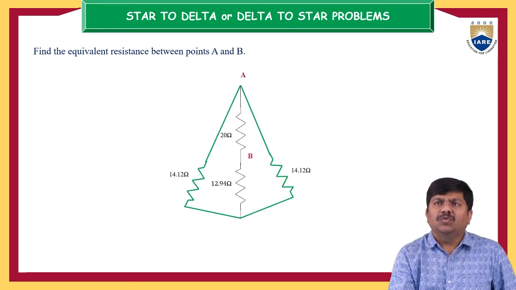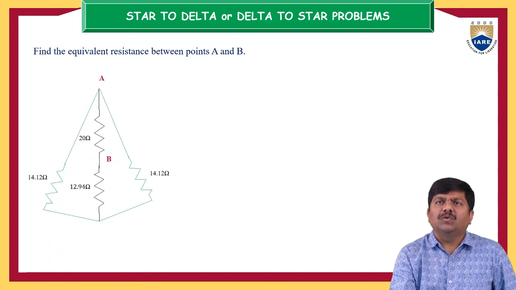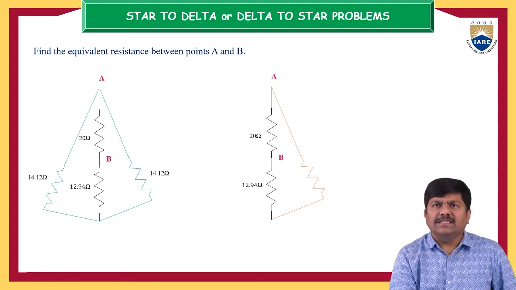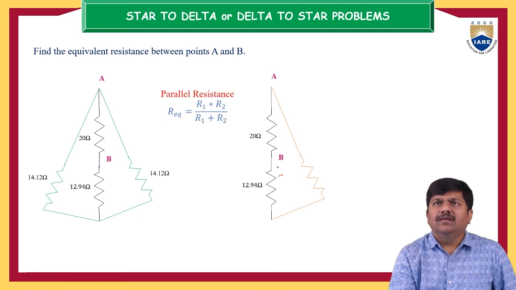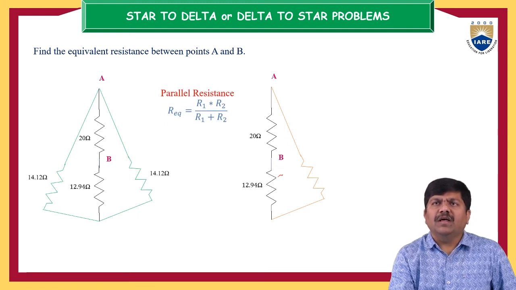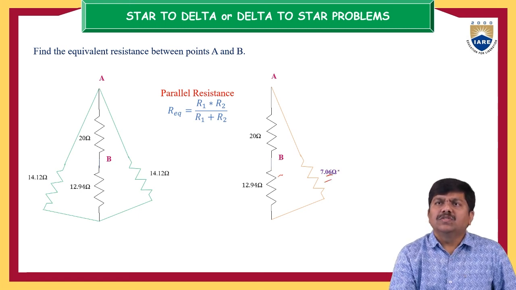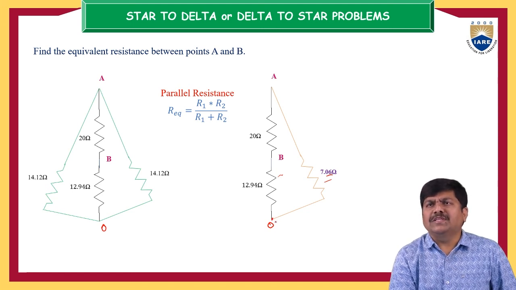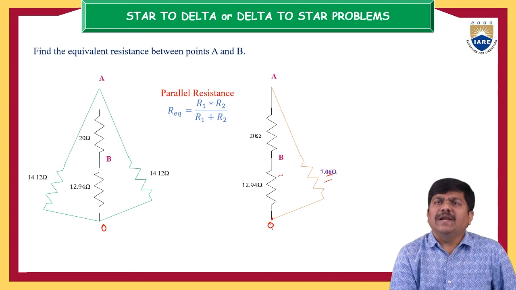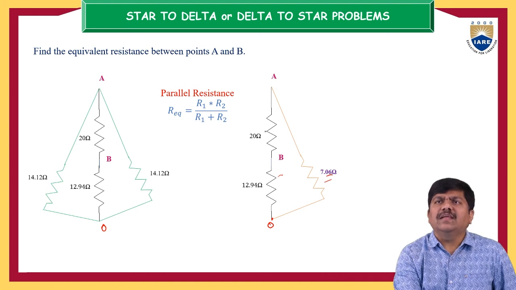So these are the two sides. You can eliminate the two sides and keep one resistance here. That resistance comes from the formula R1 R2 by R1 plus R2. The resistance is 7.06 ohm. Again, of course, we have chosen this as point O. This is also point O. But with respect to A and B, this particular junction O does not carry any information to us, and there is no use of separately marking O, because we have already simplified further. Only our interested nodes are A and B.